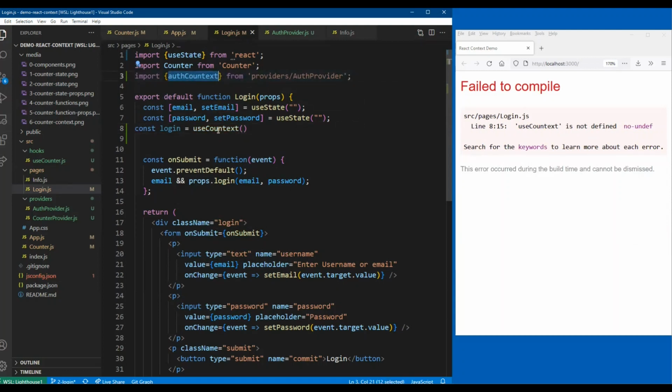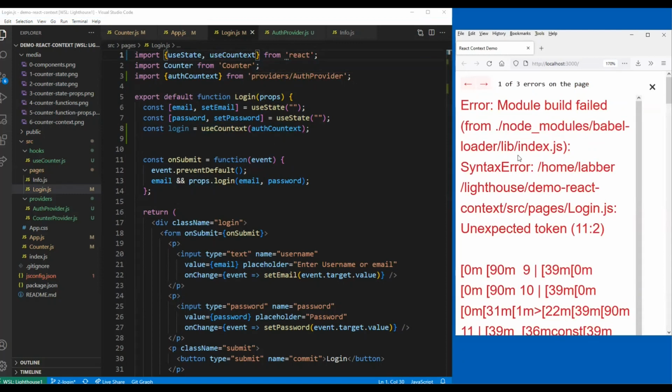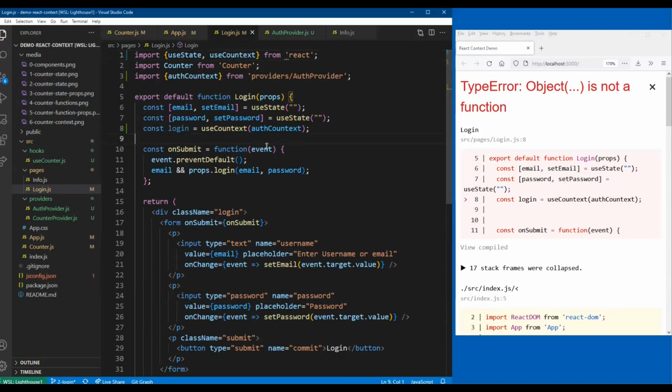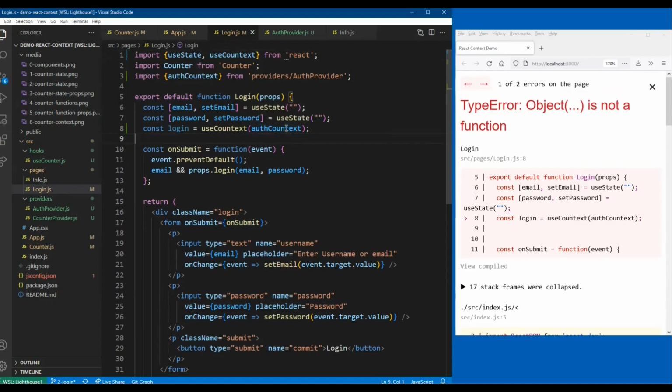And I'm going to use that auth context. Let's import this right there as we have it. Okay, great. The context is misspelled, the use context. You're probably right. Oh, yeah, use context. You're totally right. Let's use